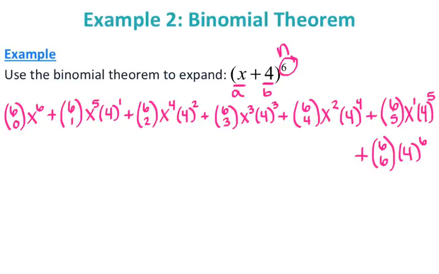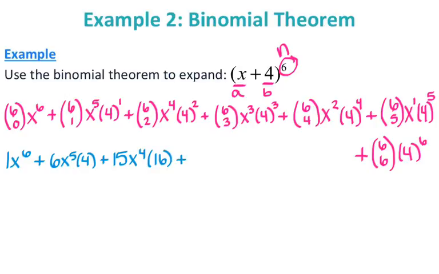So I'm going to use my calculator and do 6 choose 0. So I'm going to type in my 6 first. It's math, moving over to PRB, option number 3. So I have 6 choose 0, which is 1. So my first term is 1x to the 6th. Plus, I'm going to do 6 choose 1, which is 6, x to the 5th times 4. Plus, now I'm going to do 6 choose 2, which is 15, x to the 4th, and 4 squared is 16,